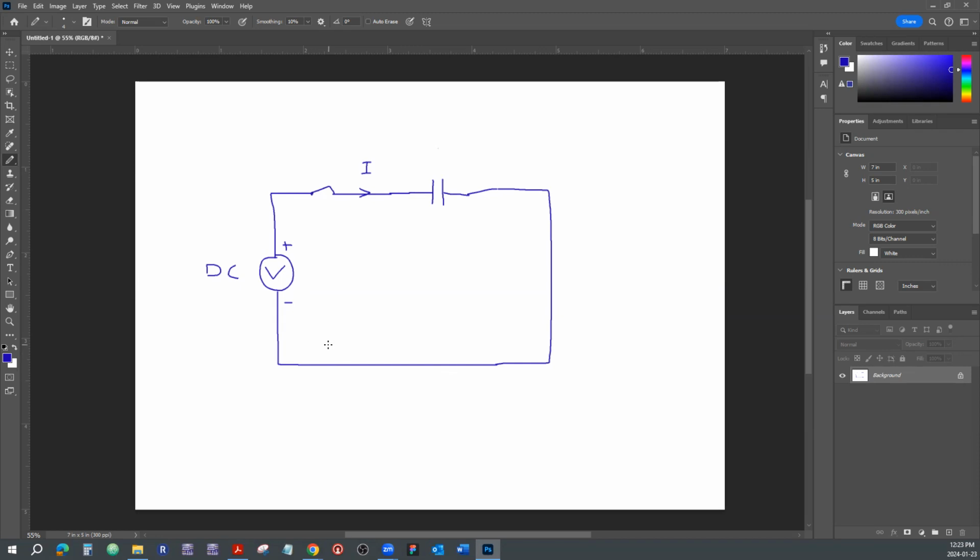How long is that current going to last? Well, if the capacitor is discharged completely, it will want to charge. It has one plate and it has another plate, and those plates are electrically separated. So